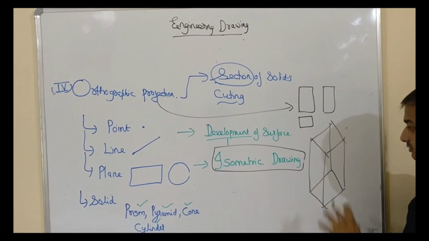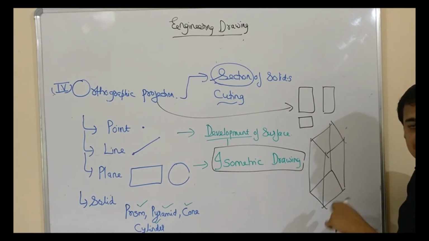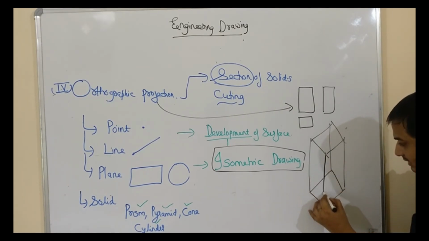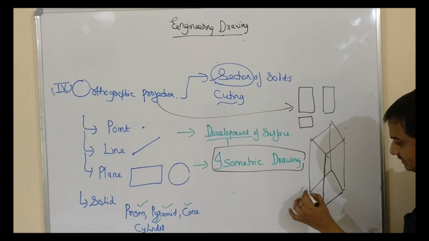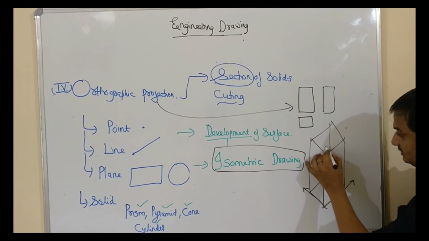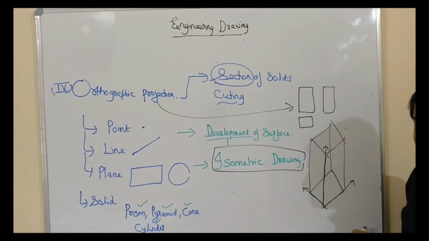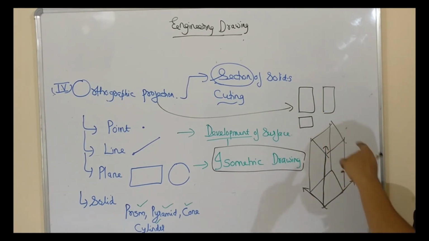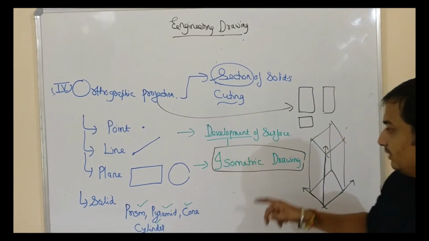So as you can see now, this is the single view which is representing all the dimensions of this duster. This is the height, this is the length, and also it is representing the width. So this is the single view representation of these 2D images, these views of this object. This single view representation is called isometric drawing.